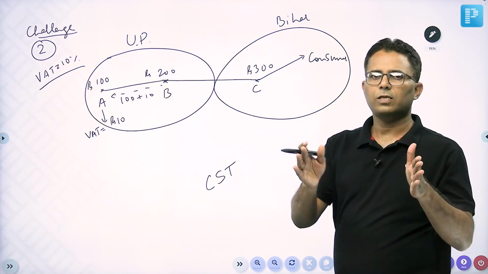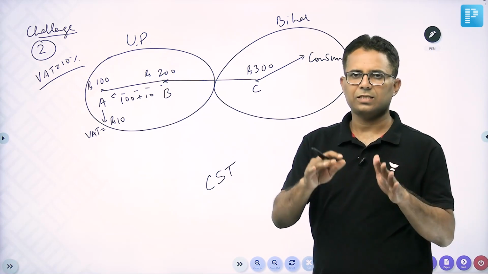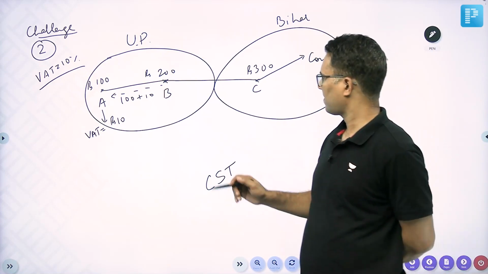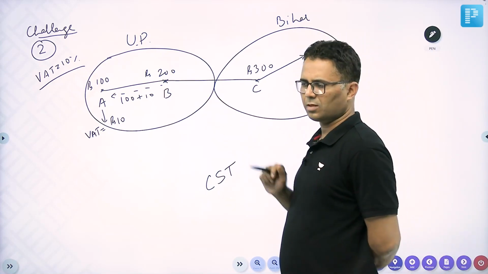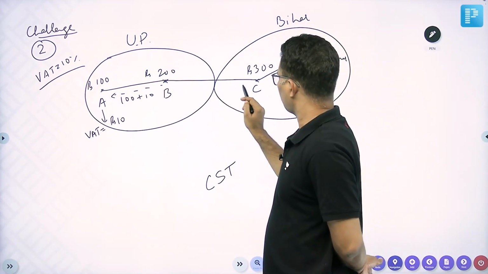And for simple calculation, I am assuming CST and all other central taxes as 0. So no VAT on this, and I am assuming that all central taxes are 0. So what will happen is,